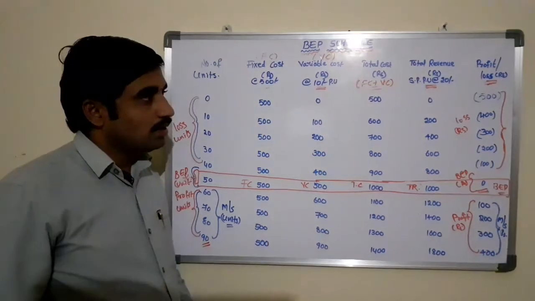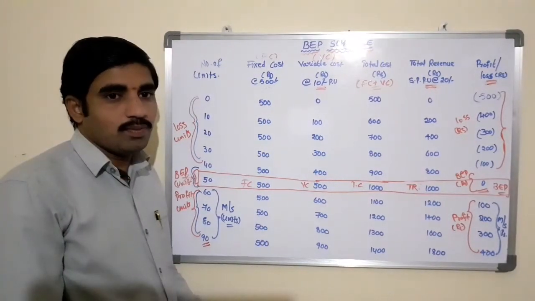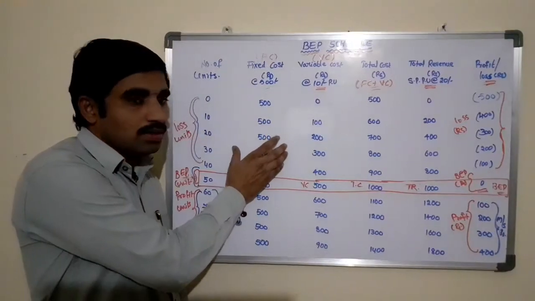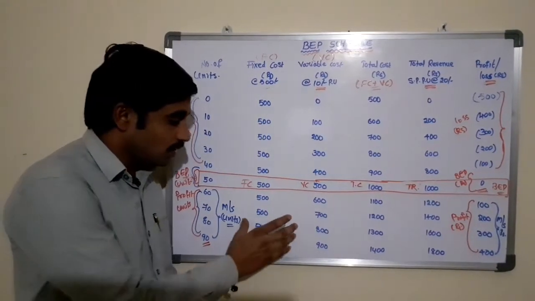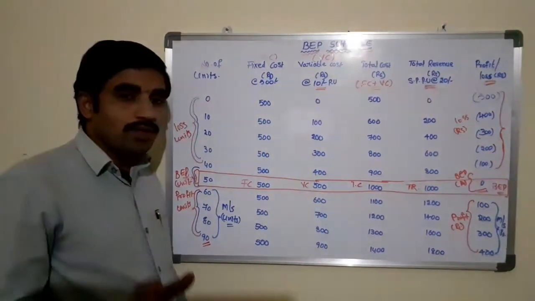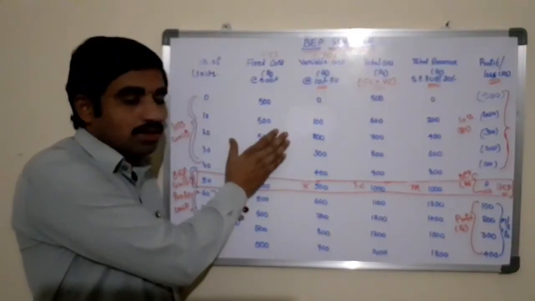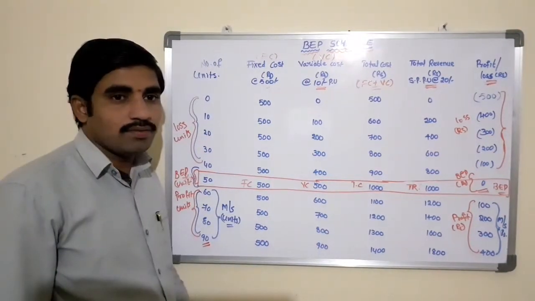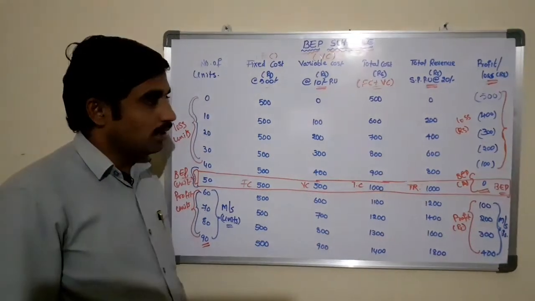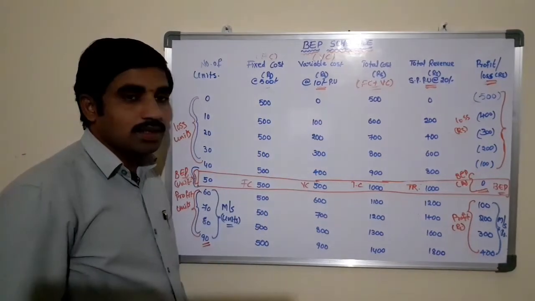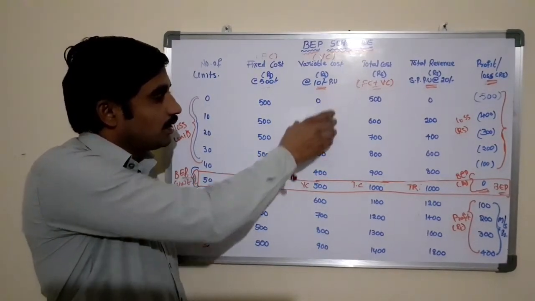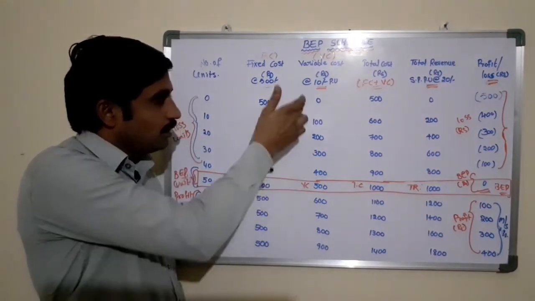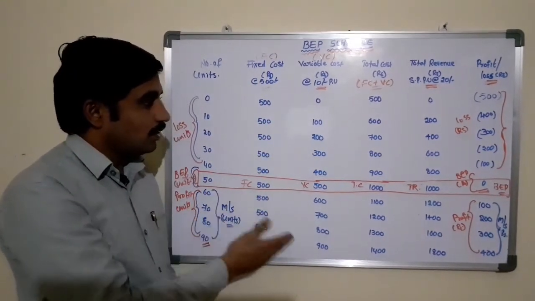So now let us see the break-even point chart or the graphical representation of break-even point by using this schedule. This schedule is very important to remember. If you remember and understand this break-even schedule, it is very easy to construct the break-even chart. I hope you understand the break-even schedule. We just need to multiply the variable cost per unit into the corresponding units in order to attain the variable cost for the corresponding units.